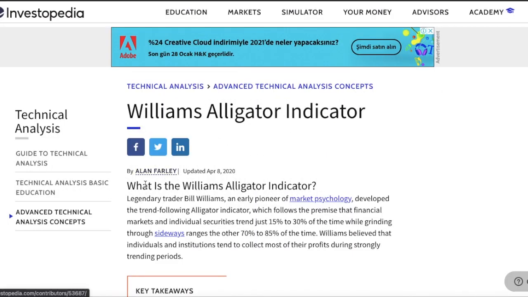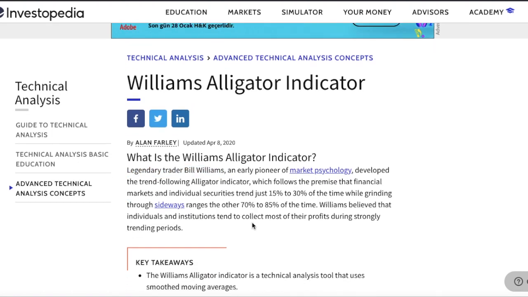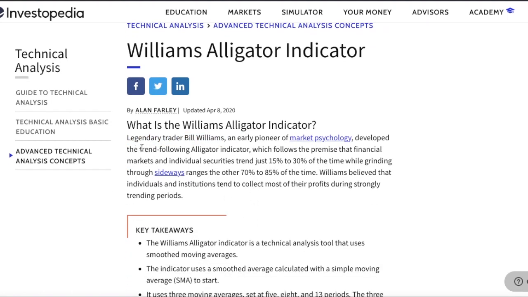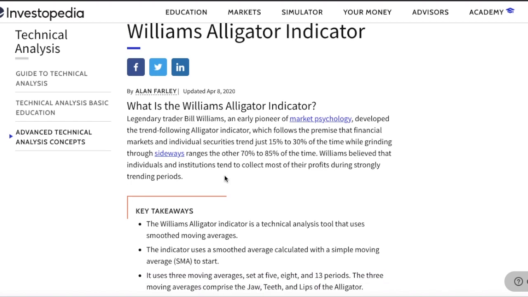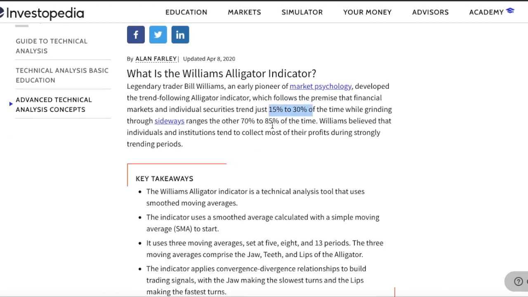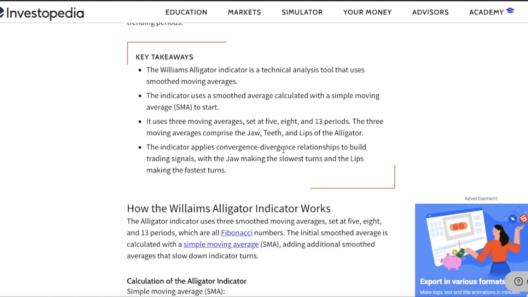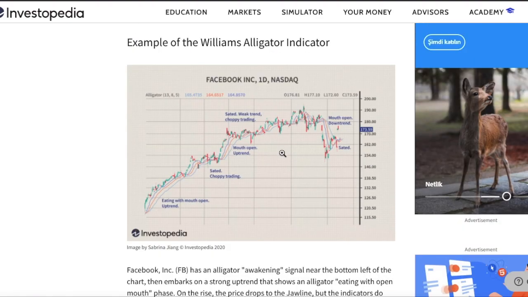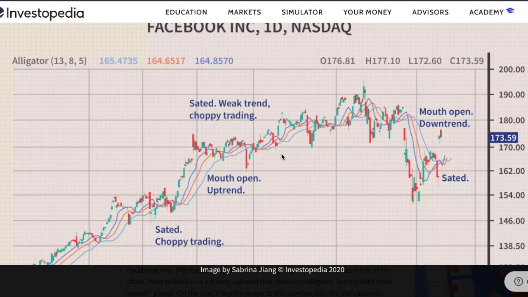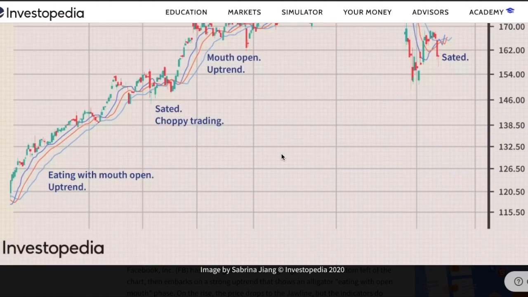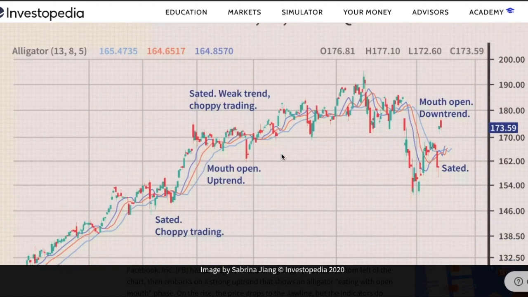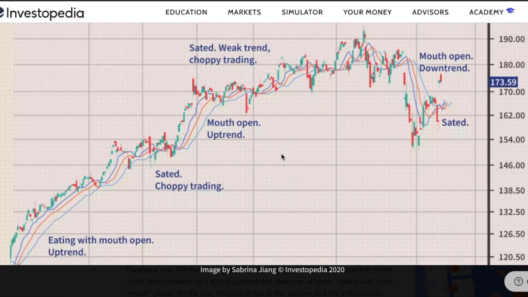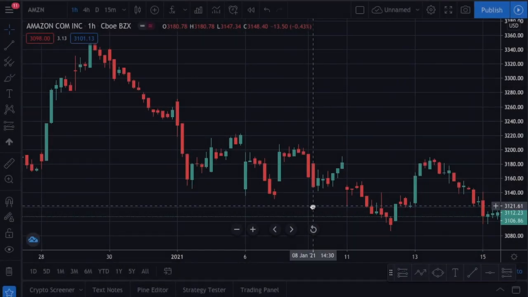Before we dive into the trading strategies, let me show you the Williams Alligator Indicator. The indicator was created by the legendary trader Bill Williams. Bill Williams noticed that markets move sideways 75% of the time, and they move within a trend just 25% of the time. He believed that a huge part of the profits are made when there is a trend, so he created this trend-following indicator, which is called Williams Alligator. I believe this briefing is enough for now. Let's open our charts and dive into some examples.